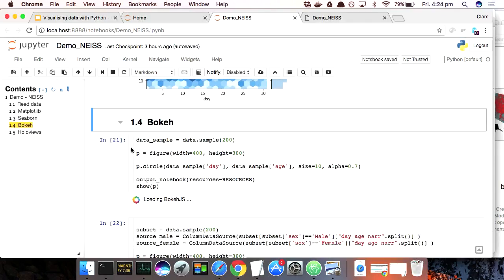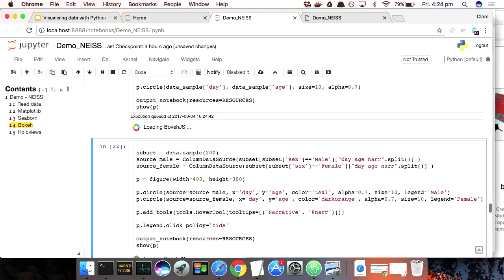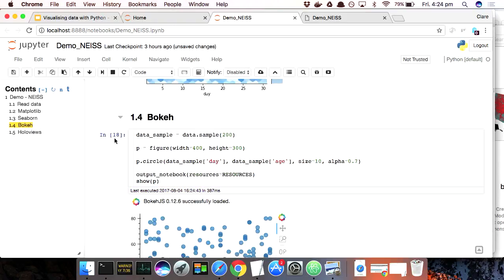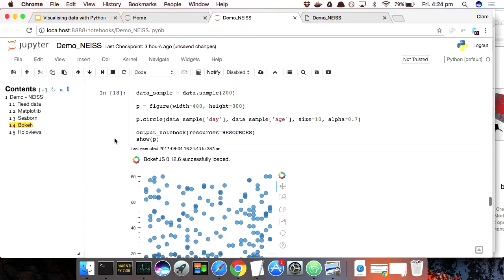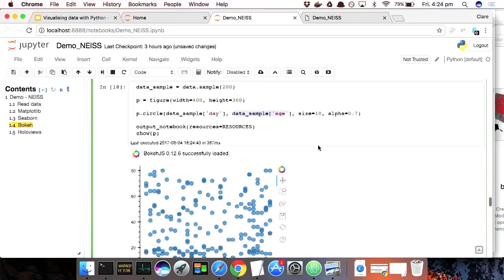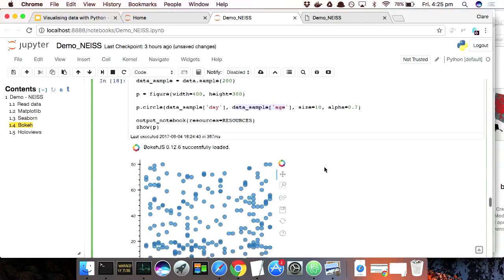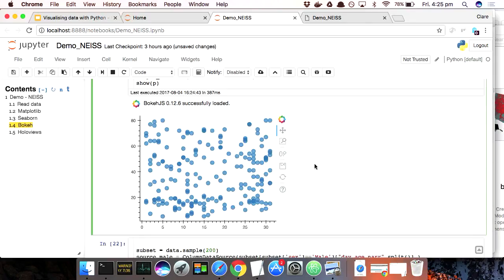So let's just quickly do a couple of examples of that. So this is the basic way that you make a plot in Bokeh. Now this is the bit where I start to get nervous about internet connectivity and everything, as I do JavaScript demos in a notebook. I've said, draw me some circles, make the x-axis the day, and the y-axis the age. So it's conceptually the same as this. I've just taken a random subset of my data so that I don't have too many points, and I can demo it. So we get just a scatter plot,